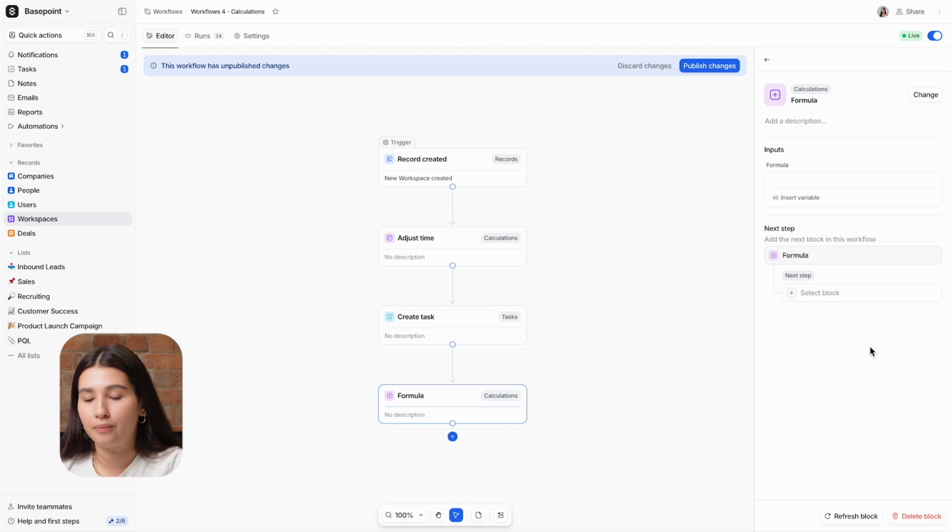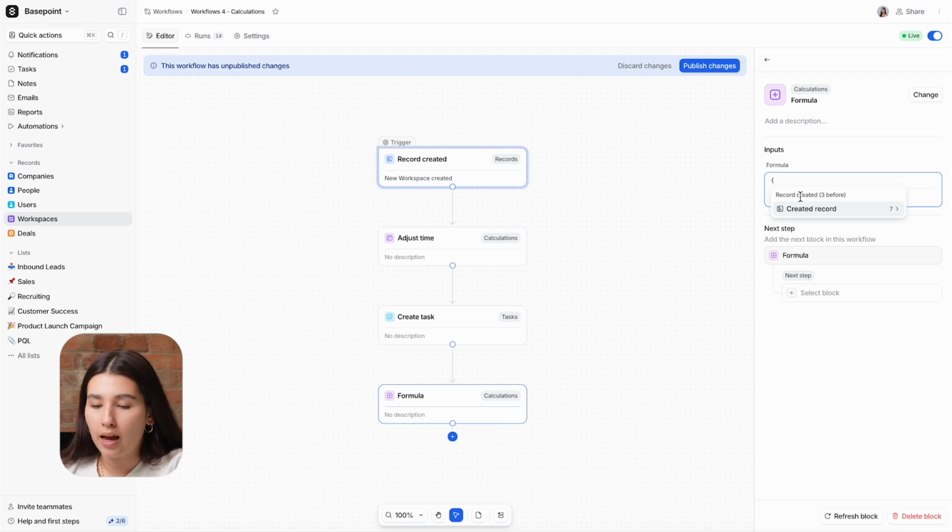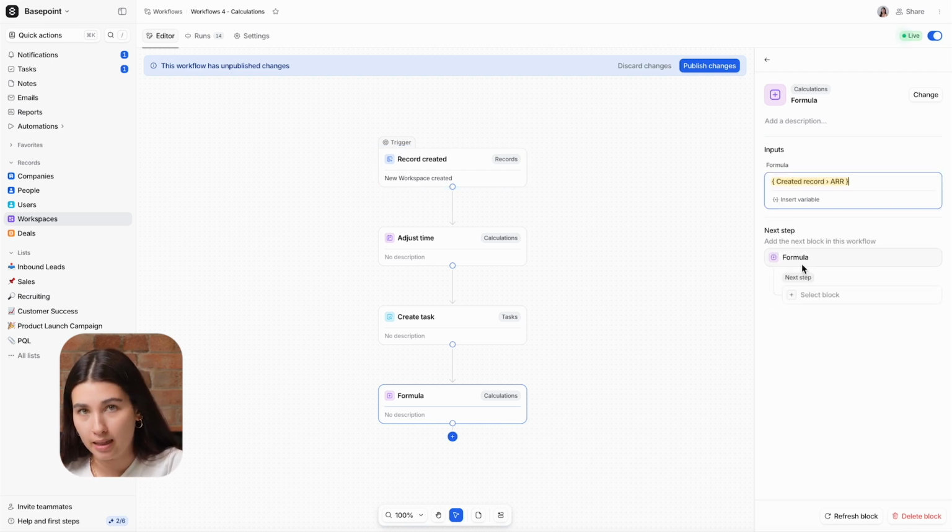So we're going to calculate the MRR and store it as an additional attribute within our workspaces object. The formula block can use mathematical expressions, numbers, and variables in its input. The variables need to be from number or currency type attributes. I'm going to insert the ARR, which was automatically populated when the workspace was created, and divide it by 12